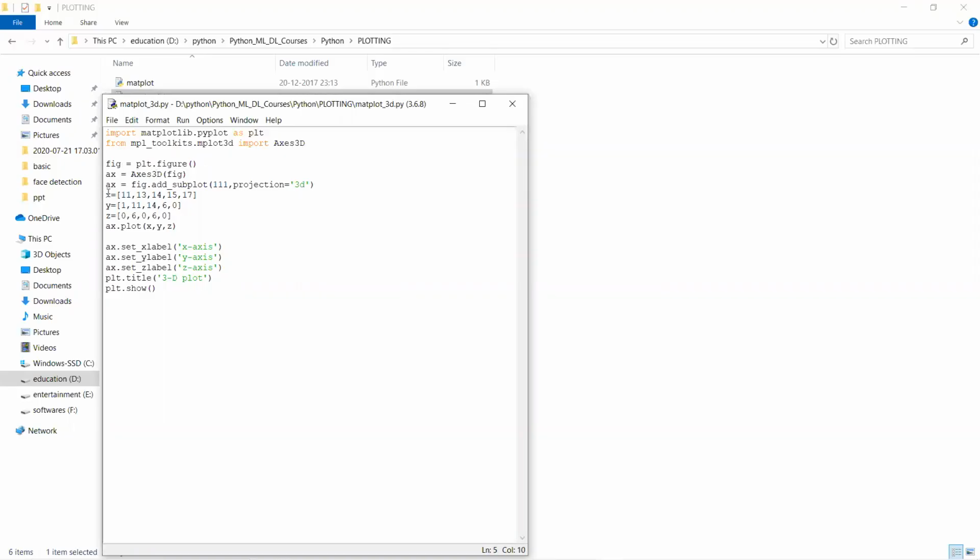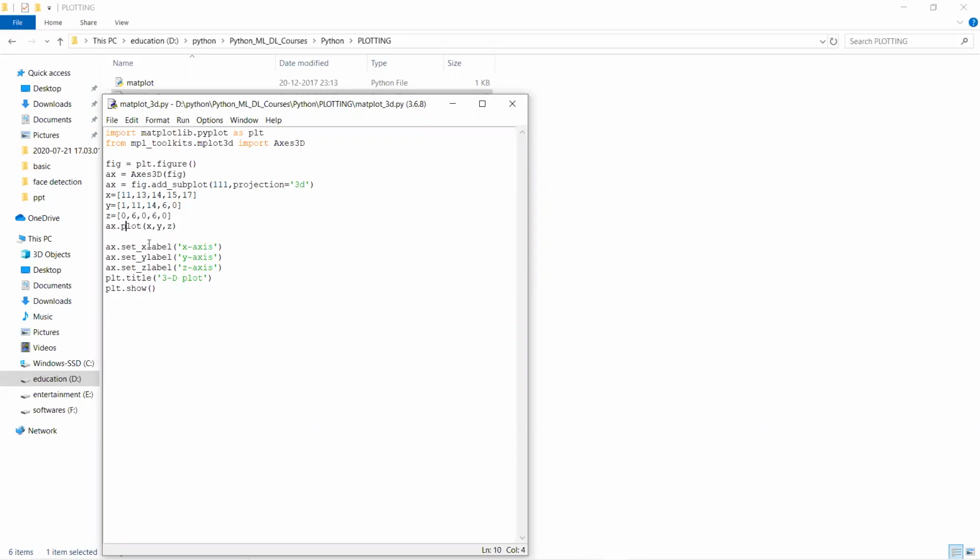Okay, so x is equal to some arrays I have created with integer values 11, 13, 14. Likewise the y-axis and z-axis. According to our requirement we can give our required numbers, just to show how to plot three-dimensional. Okay, so ax.plot x and y and z.